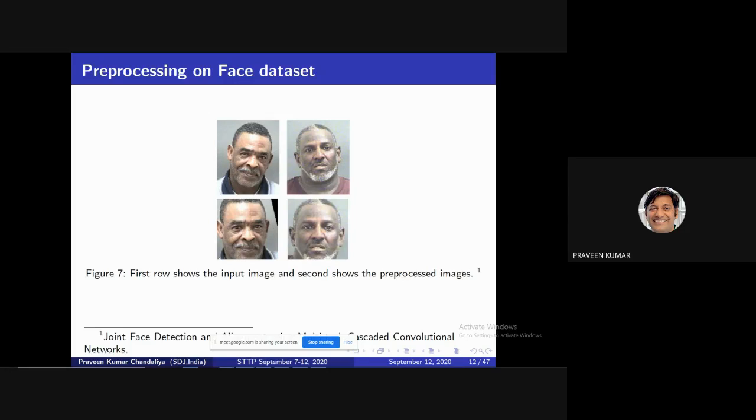So whenever we develop any model related to faces, you must pre-process your dataset. This pre-processing is general; all models currently perform it using MTCNN. On GitHub, this code is publicly available. You take your dataset and process it to any required size. Maybe you require 64 by 64, you can process it; if you require 128 by 128, you can process it. In my presentation, I have used an image size of 128 by 128, and all are color images, so the channel size is RGB, meaning 3 channels.